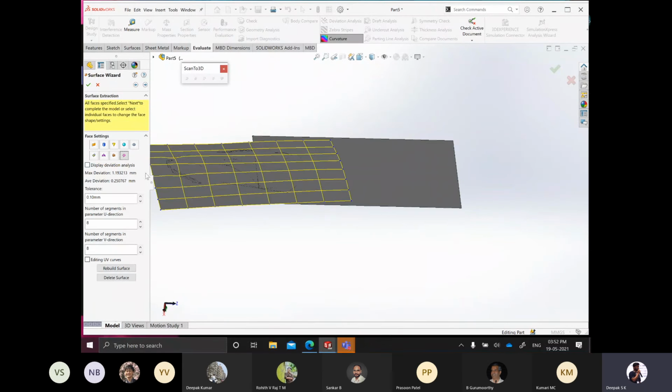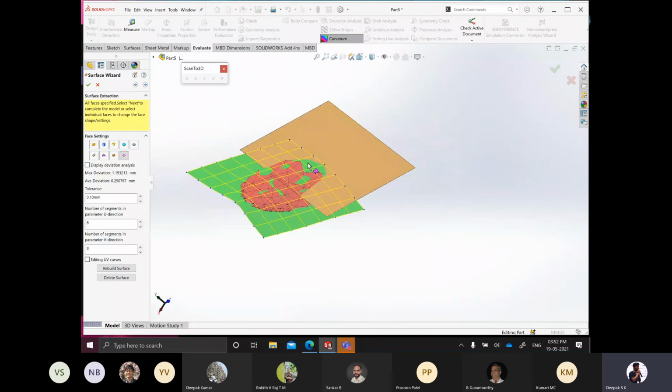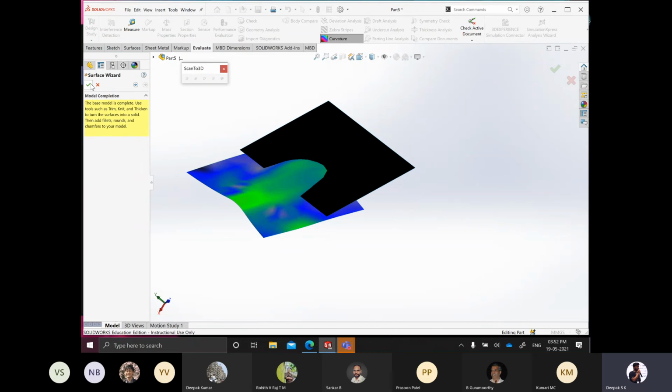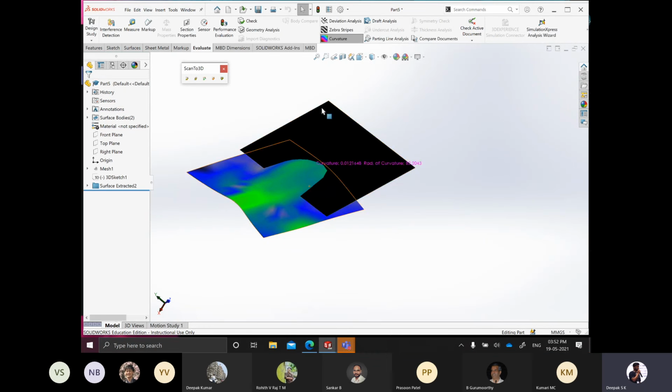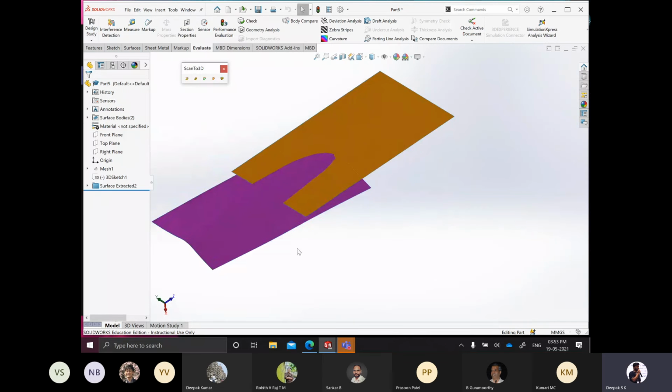So click on B-spline. You see here that this patch is best approximated by this B-spline curve. So you will have UV curves, and here what happens is that it is an extrapolation of the surface. So if I go to next and accept it, take out the curvature. These are the two surfaces that best approximate the patches.